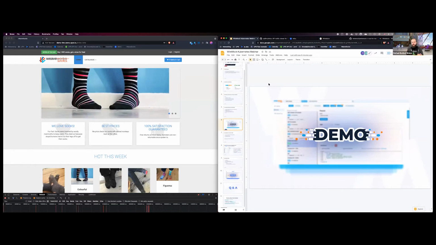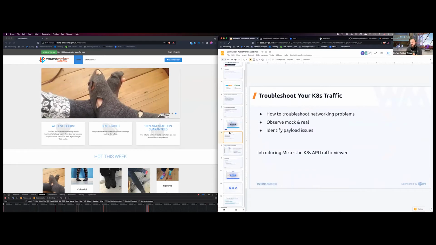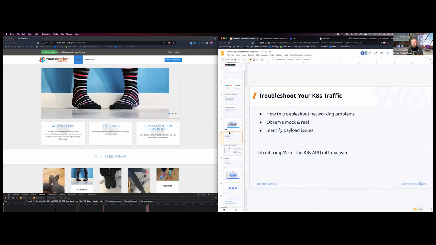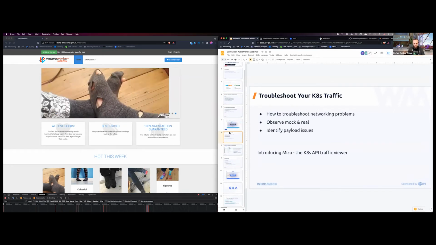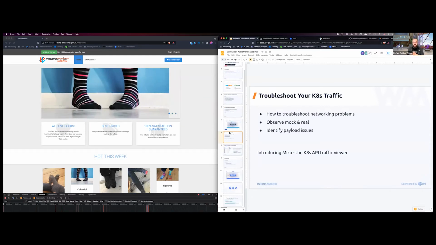Maybe the wrong environment. Today, I'm going to talk to you about a couple of use cases, specifically also for people that use mocks: how do you troubleshoot networking problems in Kubernetes? How do you observe mocks versus real traffic? What Tom showed you, great. You have the request log, which helps you start really fast. What happens if you want to see the traffic which is not related to the mock? How do you get that proxy to support that? And identify payload issues, like what happens if we want to make sure that one of the payloads here,